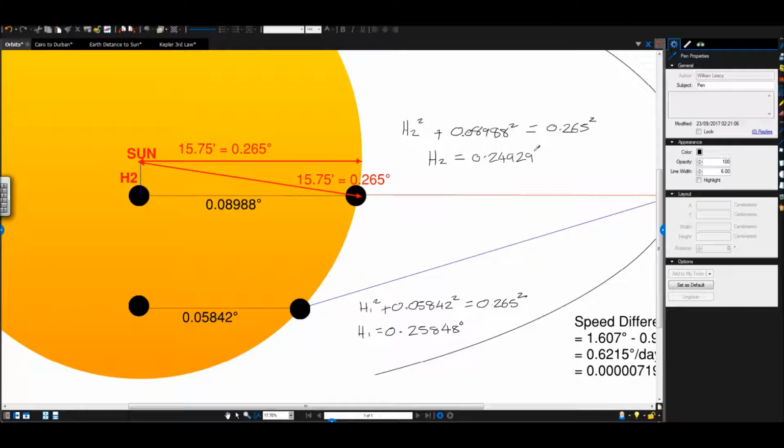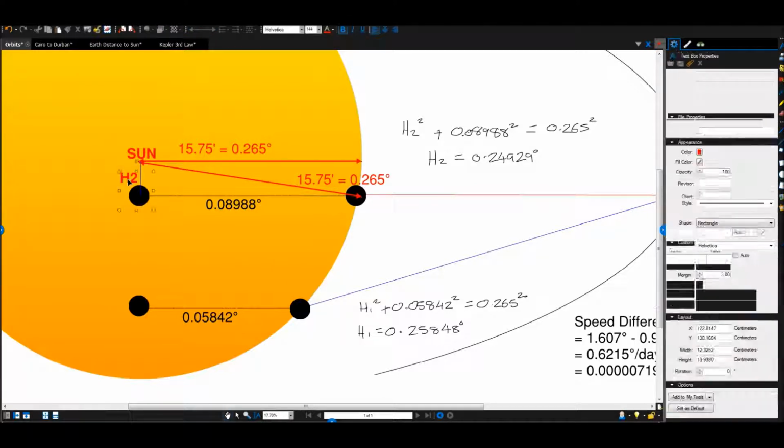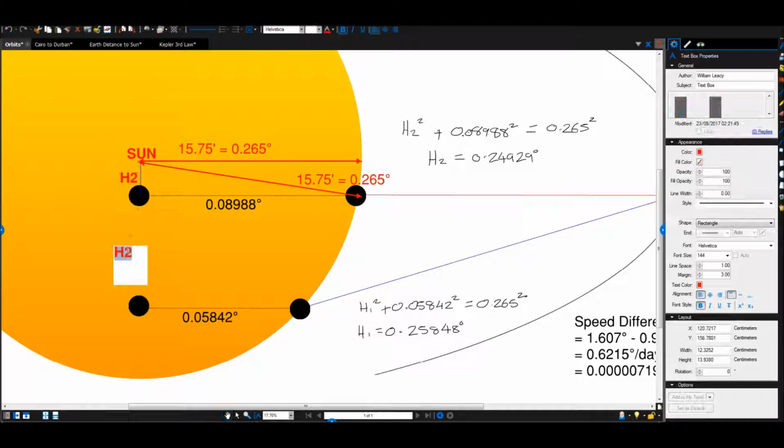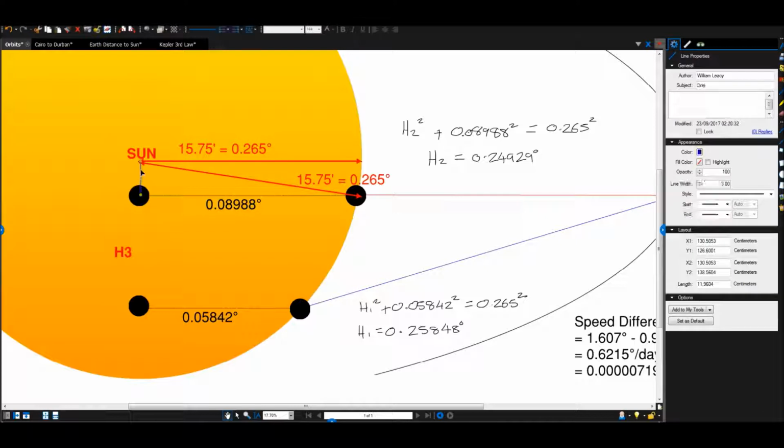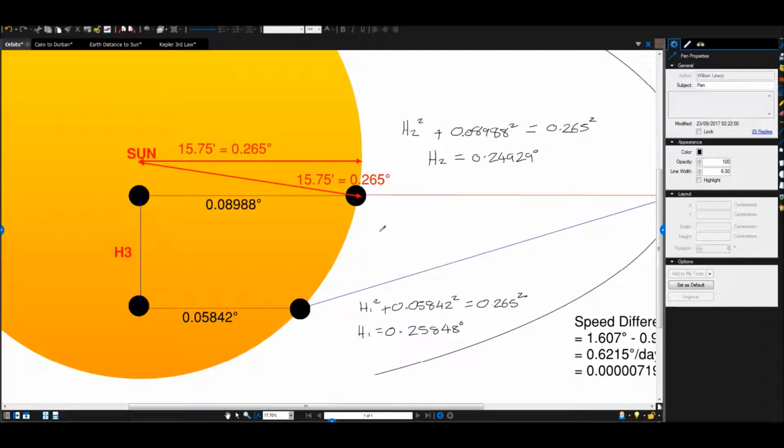0.24929 degrees. Alright, so now this is quite interesting. So what is H3? So H3 will be this distance from here to here. H3, well, it's pretty straightforward. So we can say H3 equals H1 minus H2, and that equals